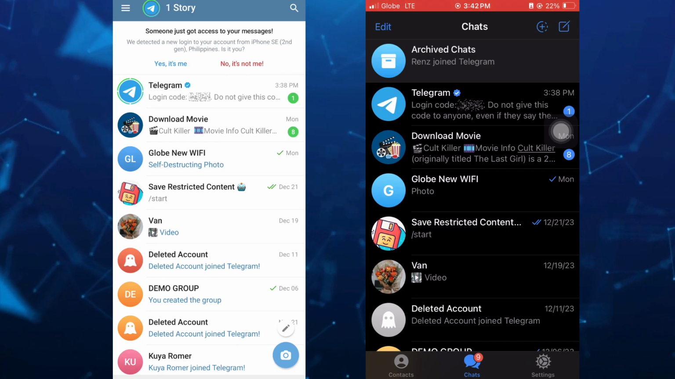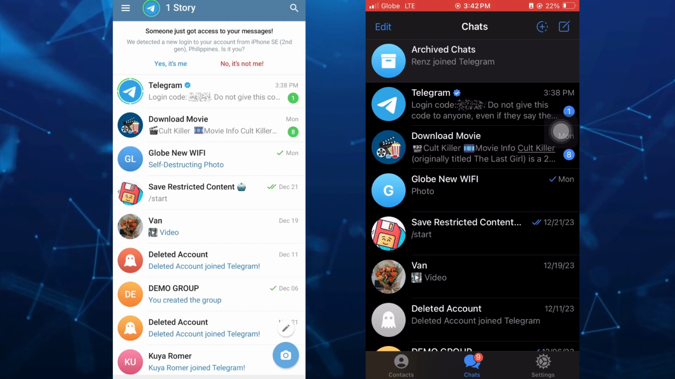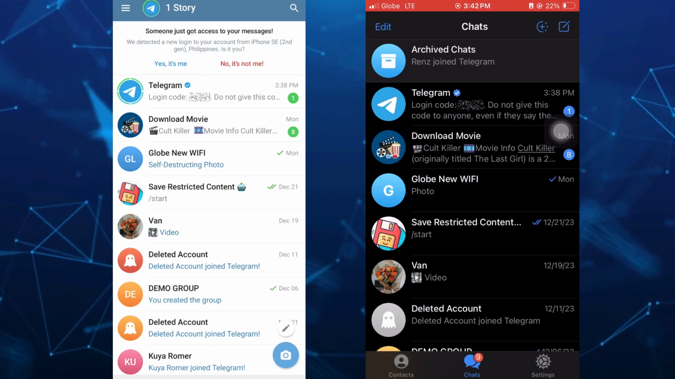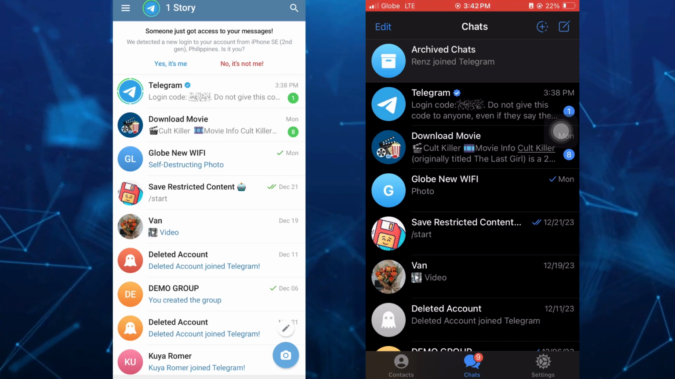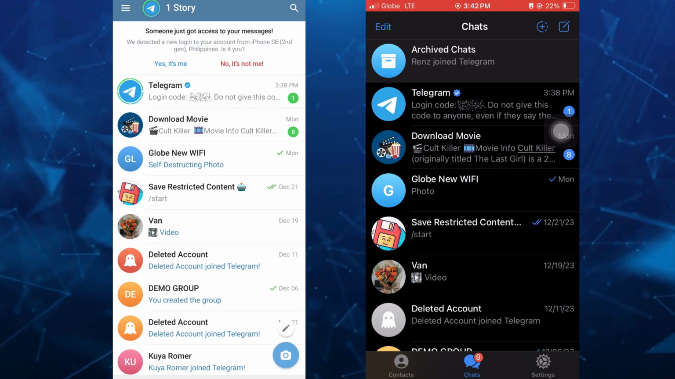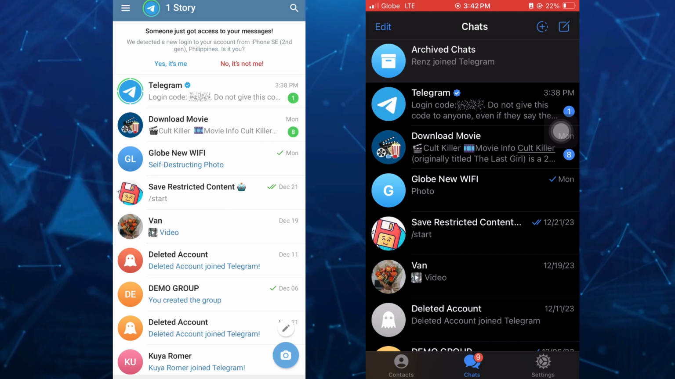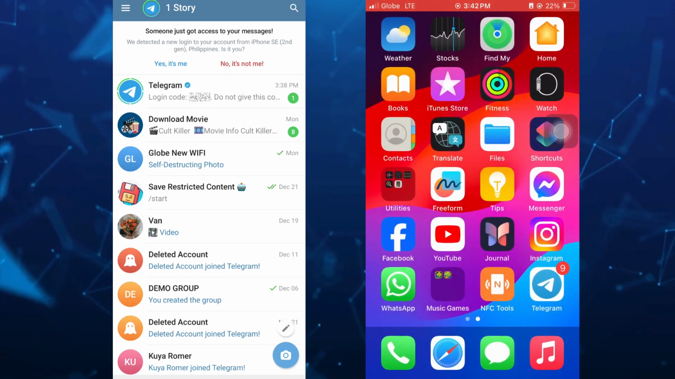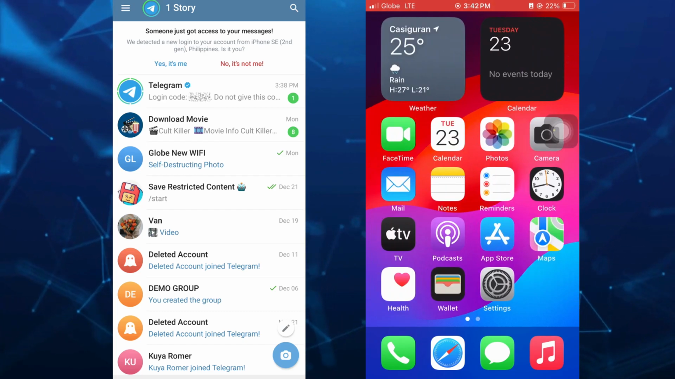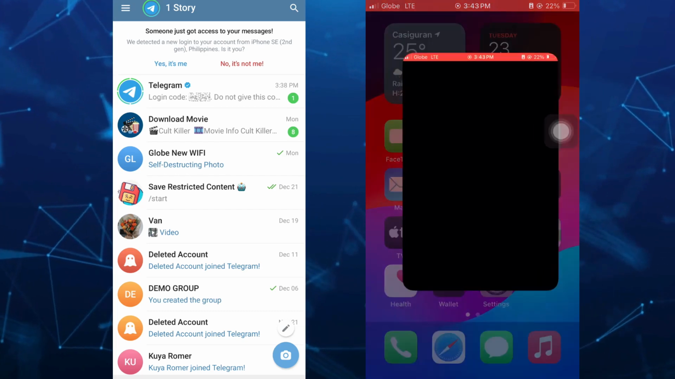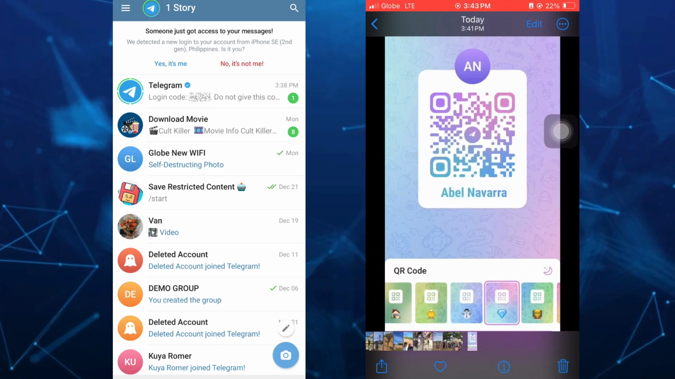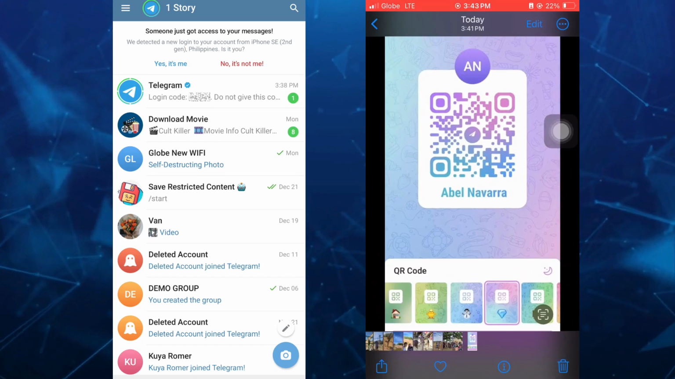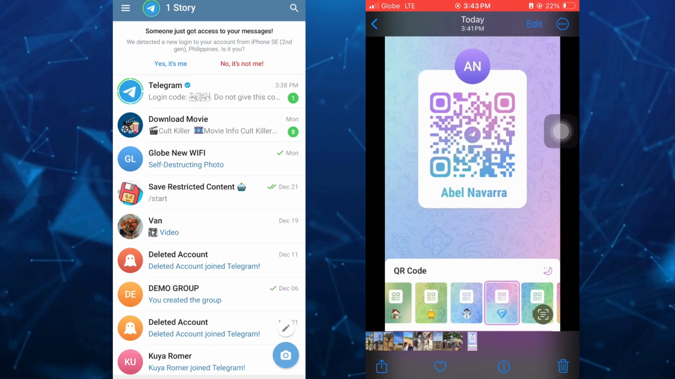So first up, here on your iPhone or iOS device, you just need to go to your photo gallery. So there's no need for a third-party app to basically scan your QR code. So you just have to go to your home screen, and then from here, just need to go to your photos or photo gallery. So right from here, just look at your screenshot or the code that you received from